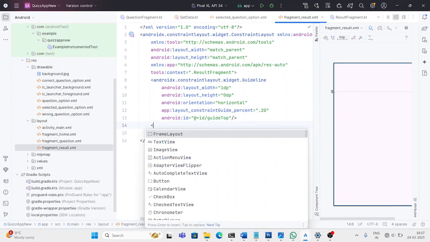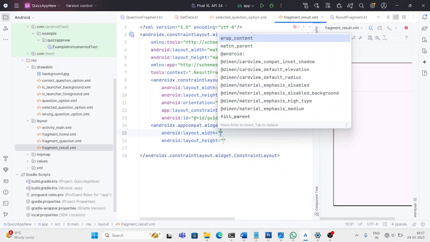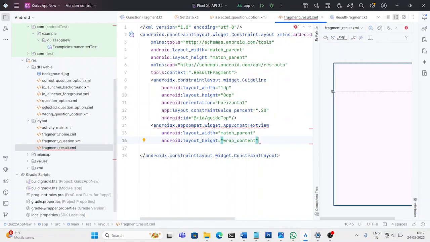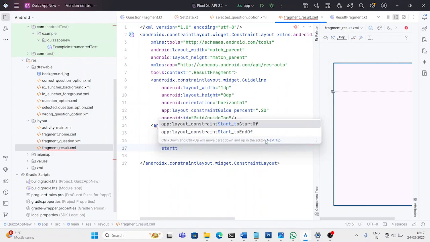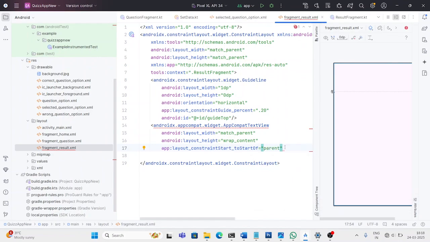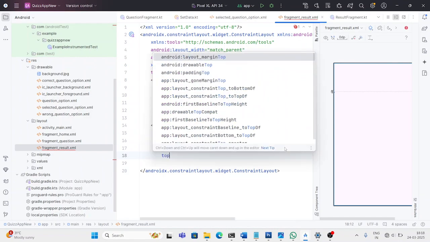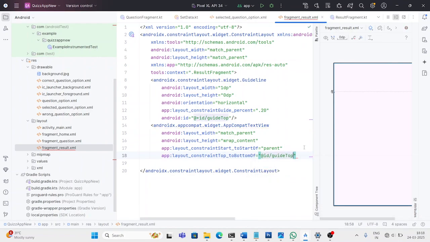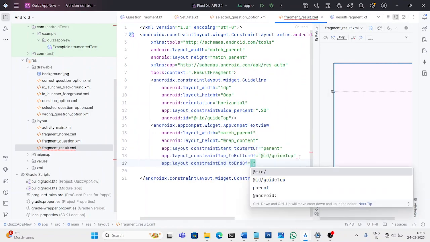Let's take one text view over here, and let's set the width to match parent and height to wrap content, and let's specify the constraints over here. Start to start of parent, top to bottom of guide top, and end to end of parent,